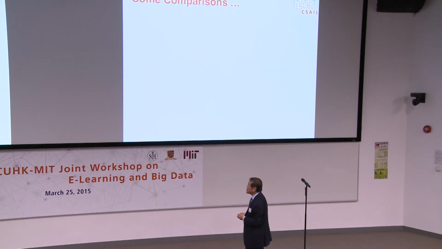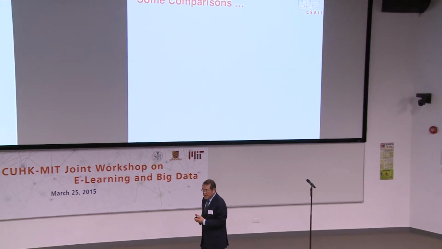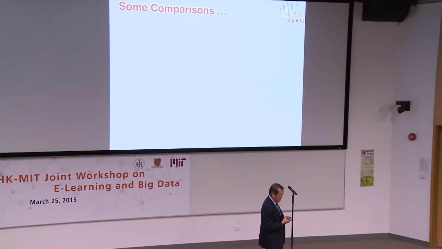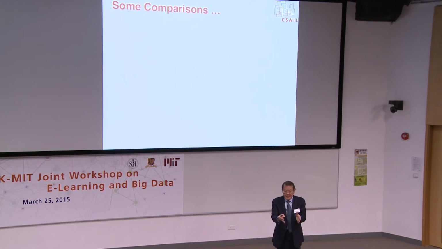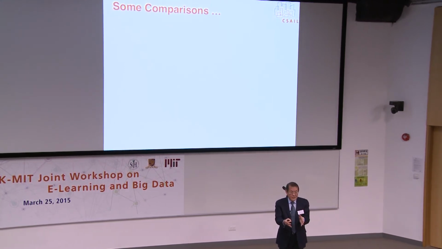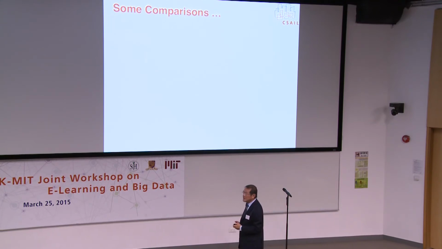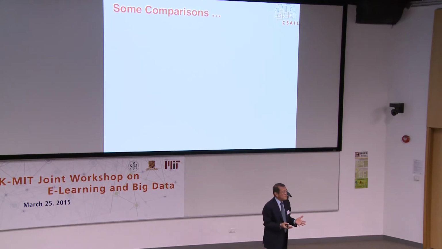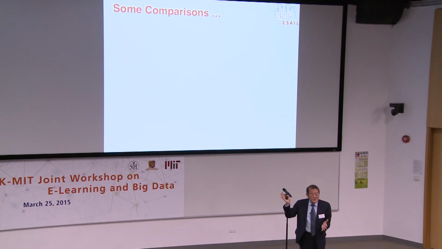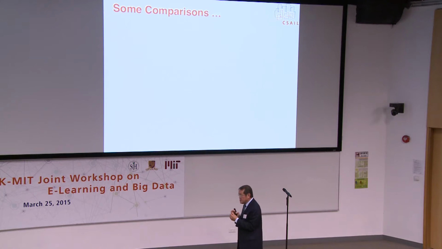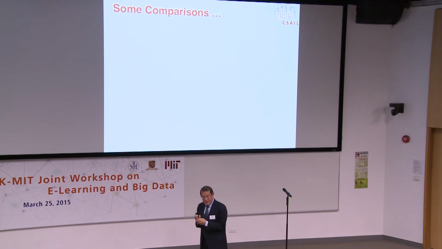So I wanted to show you a couple of slides, some comparisons. Now, we've been looking at between 25 and 30 courses being offered on MITx and also taught on campus. So the comparison is really nice if you have this many courses. In particular, I want to focus on one course, which is Introduction to Computer Science. And people like to say this is a course about Python.